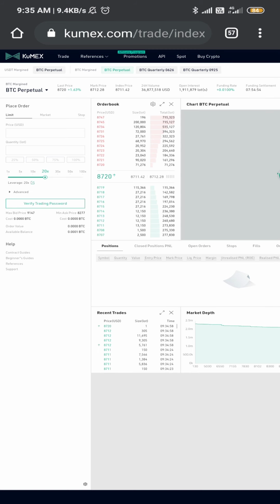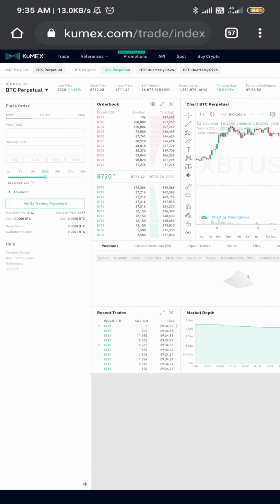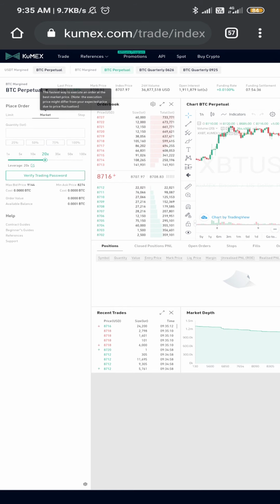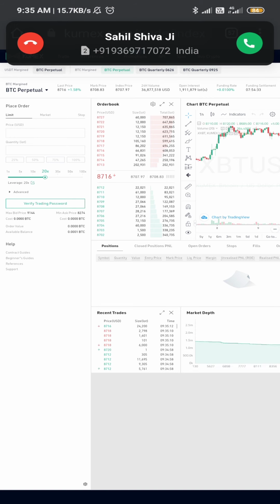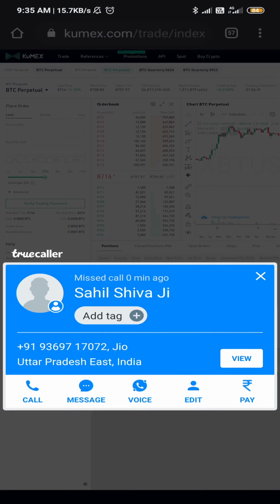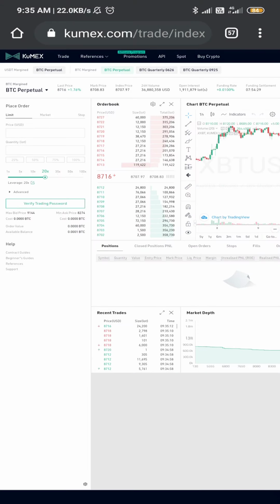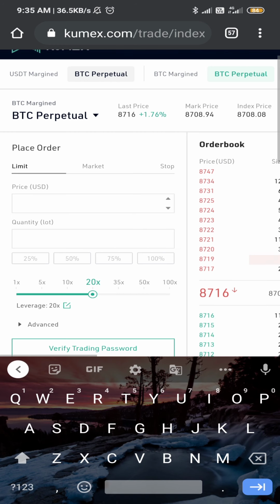I will show how to make a trade. Firstly, if you want a limit price, then click and set your price.